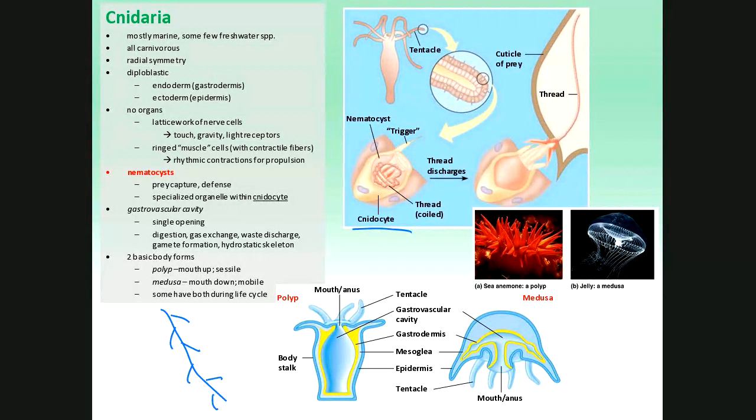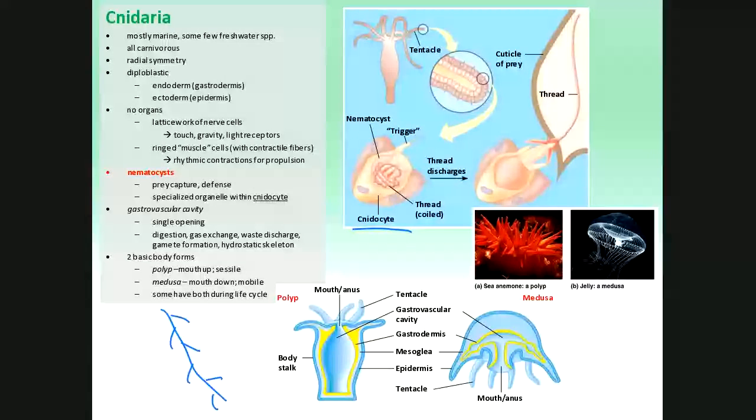So jellyfish is obviously a good term for them, isn't it? They're very jelly-like. Two basic body forms of jellyfish. There is the polyp form, like the sea anemone in the little picture. So the picture down below, the artist drawing, the one on the left, the polyp form, the mouth faces up, and the medusa form, named after, what was she, Greek? I don't remember, the woman with the snakes on her head. The medusa form is the typical jellyfish where the mouth faces down, the mouth/anus faces down.